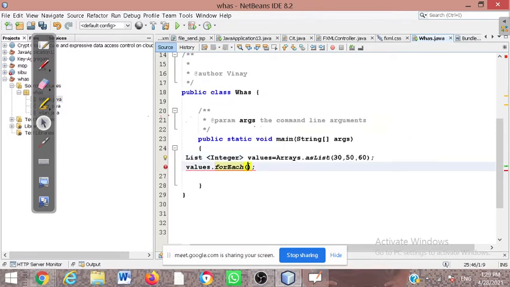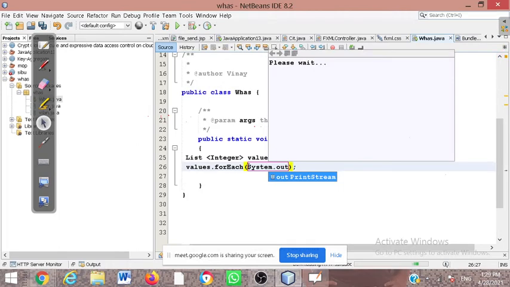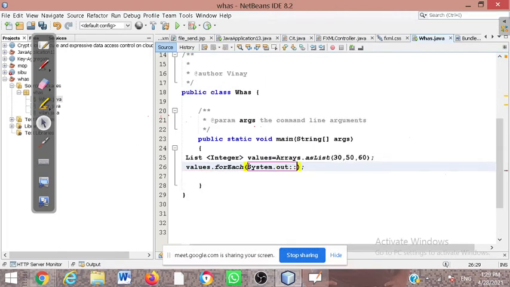So in that I am using the System class, and in that System class I am taking out, the object for the output, right? After that I will use the scope resolution operator.